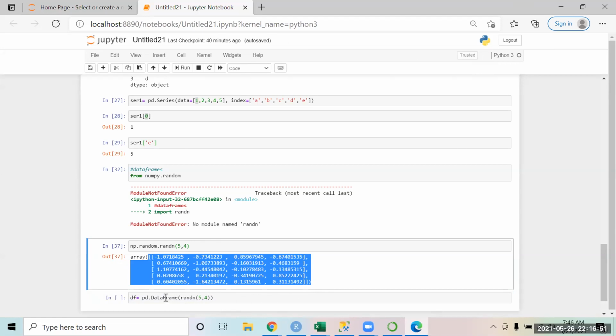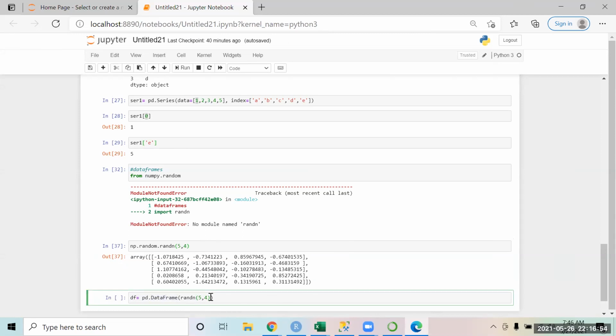But what I will be doing is converting this into a data frame. So just don't do anything, just watch for 2 minutes so that you all get a hang of this. I am defining my row names and column names. I have 5 rows, so suppose I give the row names as A, B, C, D, and E. Then the column names: I have 4, so let's call them C1, C2, C3, C4.